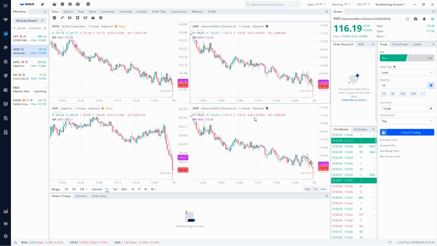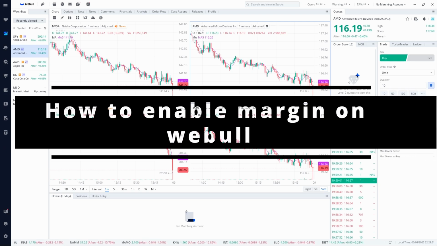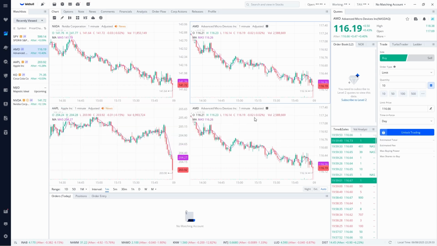The topic of today's video is how to enable margin on Webull. Now, in order to enable margins, you need a margin account. A margin account allows you to borrow funds to trade with, boosting your buying power. You can access up to 4x leverage for day trades and 2x for overnight positions, using your current assets as